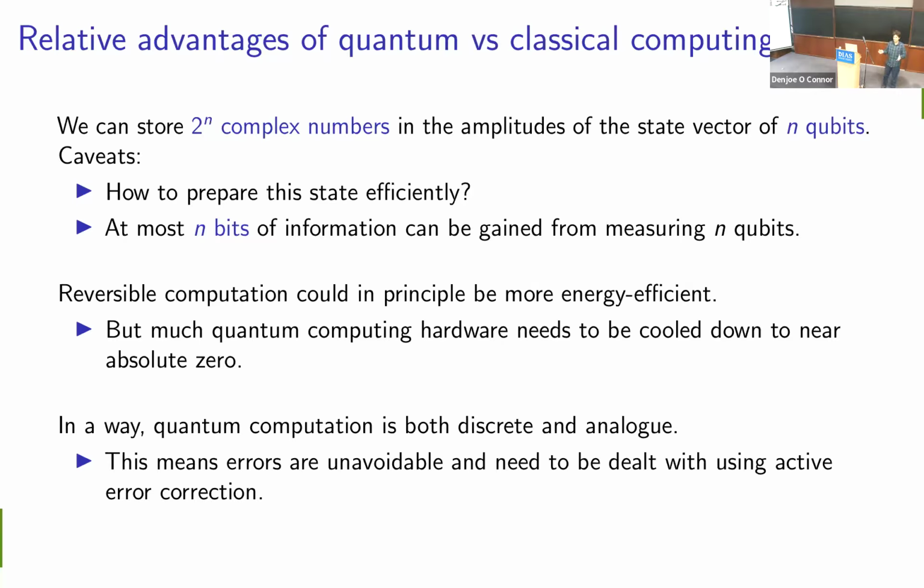We can't completely isolate our quantum system that we use to do computation because we need to control it to actually drive the computation. But then there will be interaction with an environment. So all the things that I've said so far about working with pure states, it's a nice abstraction. It works well when we're thinking about the computer science side of things. But in practice, at some point, we need to take into account that this is not a closed system. And so things are much more complicated than one would like to think.